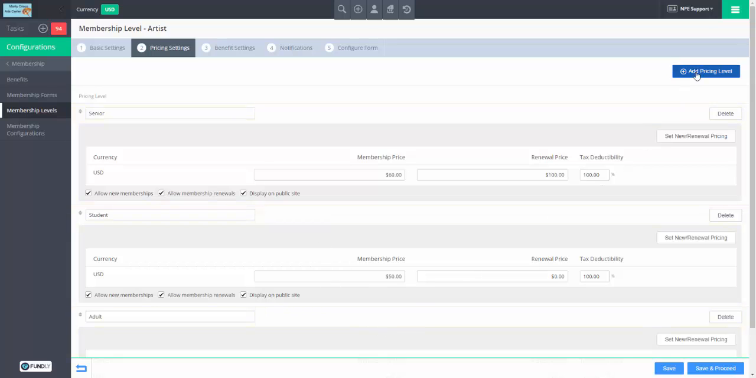So add pricing level, give it a name, the membership price, the renewal price, if different, not often different, and the base tax deductibility. We're going to talk more about tax deductibility later. And then, do we allow new memberships? Do we allow renewals? Is this level put online? So we could phase out a level, but still allow back-end renewals but not show it on the website,